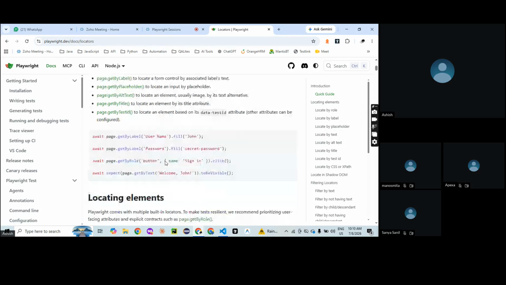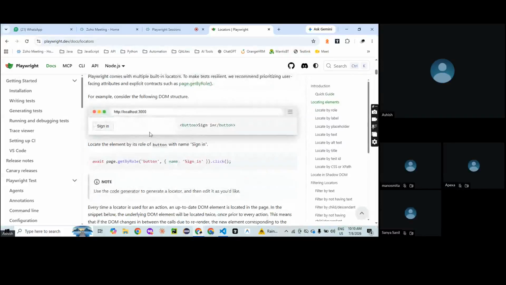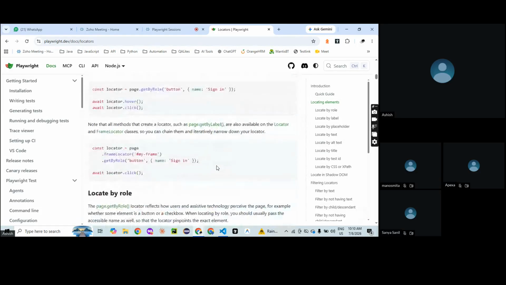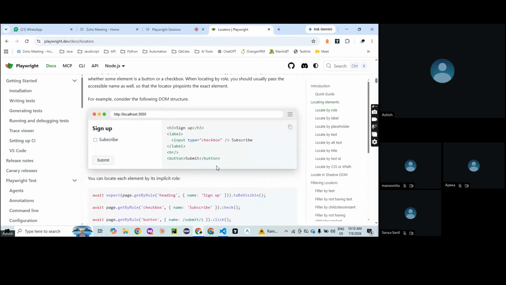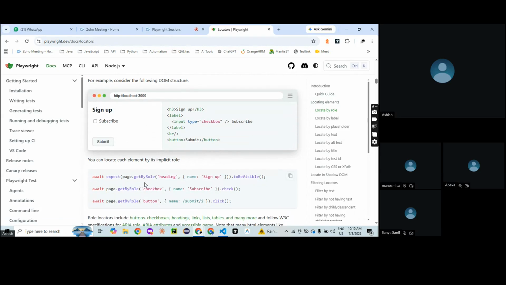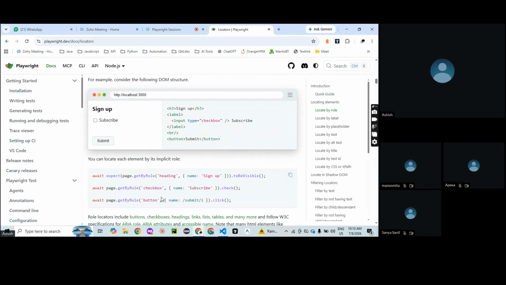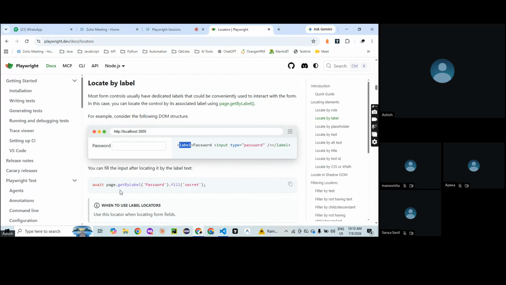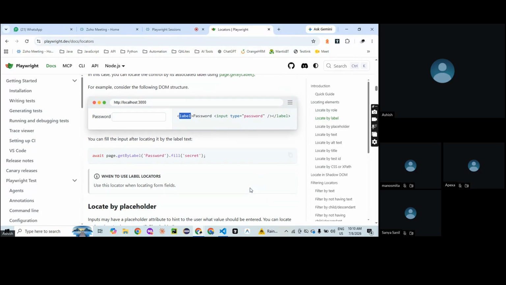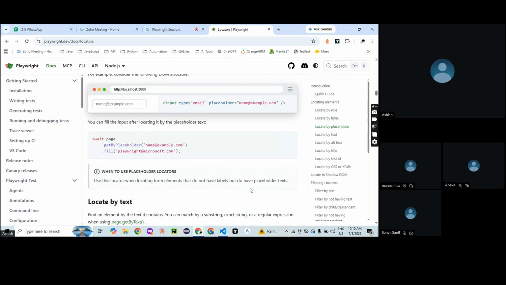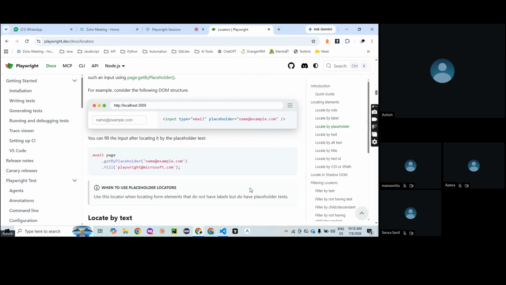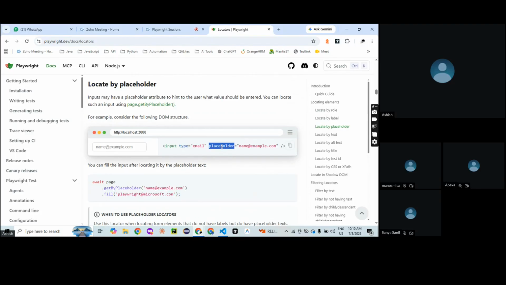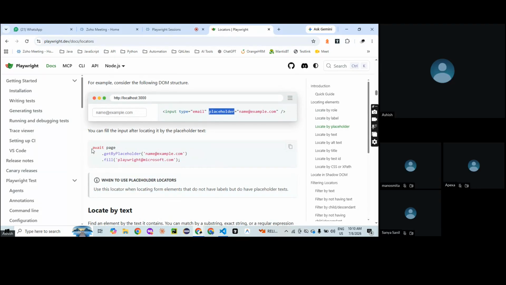टेस्ट आईडी, यहाँ पे सब ऑप्शंस भी दे रखे हैं कि वो किस तरह से होगा, जैसे अगर ये टैग नेम है बटन साइन इन तो उसमें गेट बाय रोल बटन, फिर नेम साइन इन क्लिक, राइट, फिर अगर लोकेट बाय रोल है तो आपका इस तरह से HTML है तो ये HTML में आप कैसे करेंगे, गेट बाय रोल सब आपको ऑप्शन दे रखे हैं, फिर लोकेट बाय लेबल तो उसमें अगर HTML में लेबल करके टैग है तो आप सीधा गेट बाय लेबल पासवर्ड यूज़ कर सकते हैं, जस्ट गो थ्रू दिस बिफोर Friday session, तो दिस विल बी क्वाइट इजियर फॉर यू, जैसे प्लेस होल्डर एक एट्रीब्यूट है इन योर इनपुट टैग, तो आप डायरेक्टली गेट बाय प्लेस होल्डर कर सकते हो, जो भी आपका वैल्यू है वो पास कर सकते